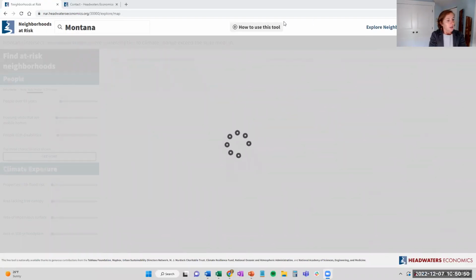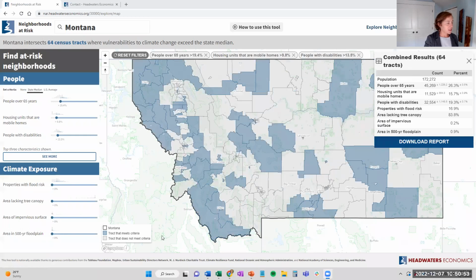Yeah, I think I understand this question, and I actually think I failed to show you all something in the tool. So let me share my screen again and just give you a quick example. I'm pulling up Montana again, so that I can explain this. What we're showing here, you can see all of the above, I think, is the answer to this question. Are we looking at within a community or across a community?